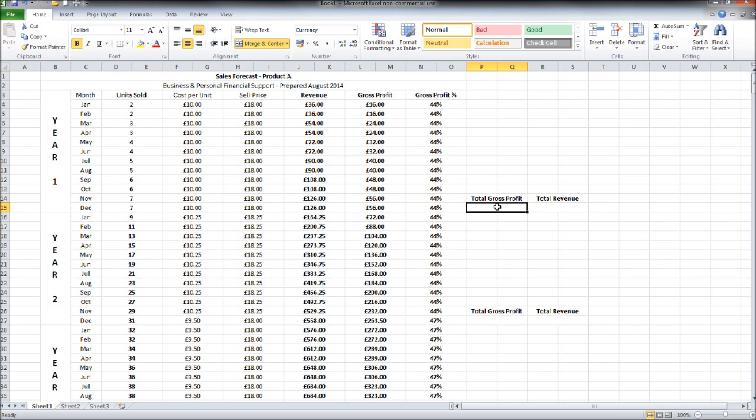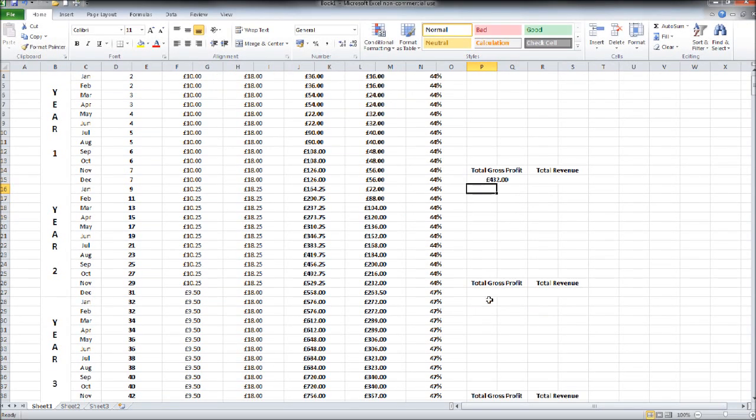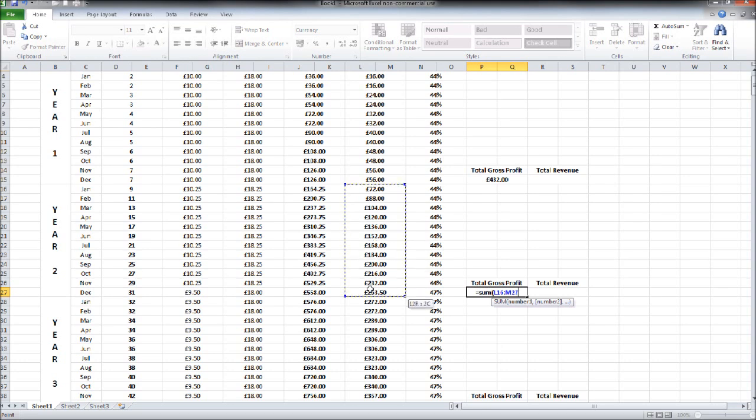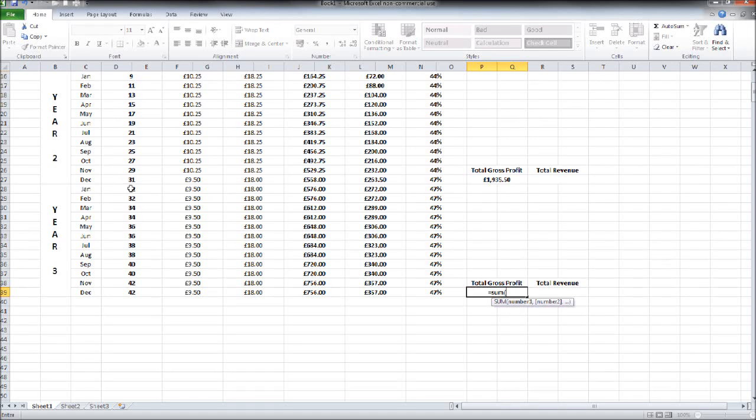Total gross profit equals sum, open bracket, highlight the gross profit for year 1, which is L and M 4 to L and M 15, close bracket, enter. Do the same for year 2, equals sum, open your bracket, go right down, close bracket, enter, equals sum, open bracket,